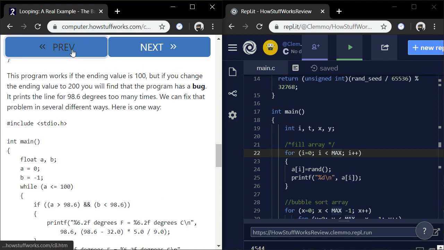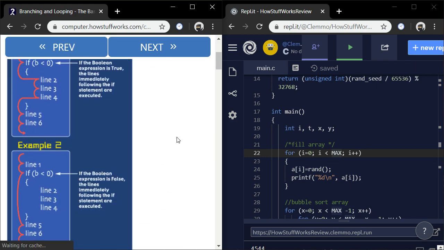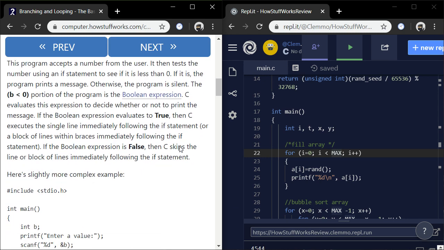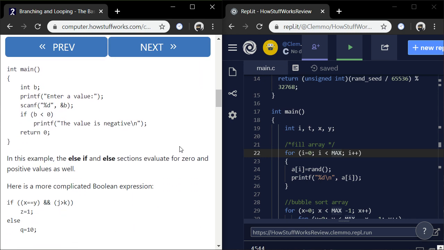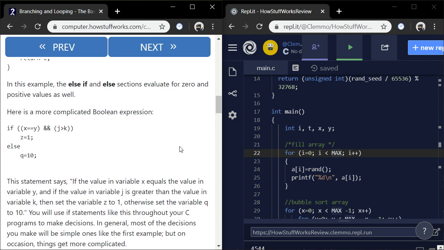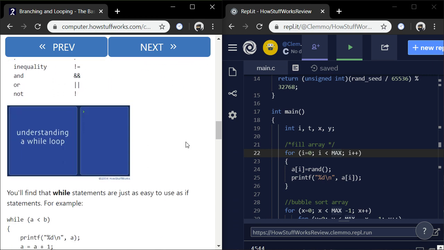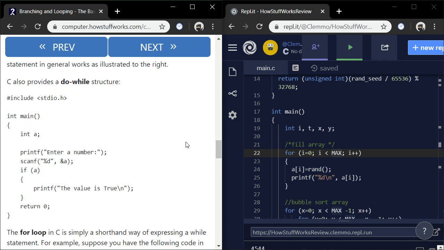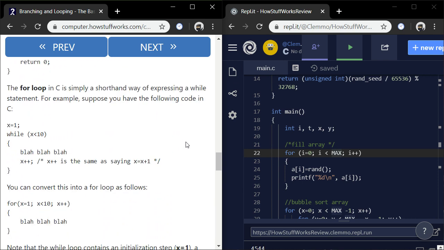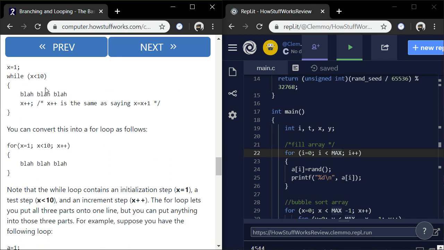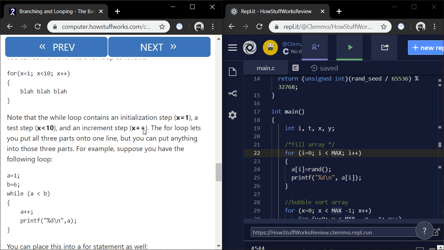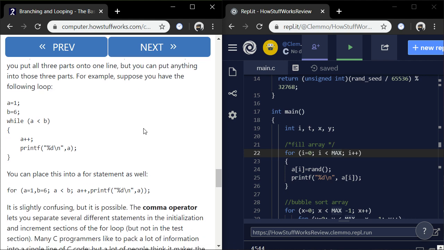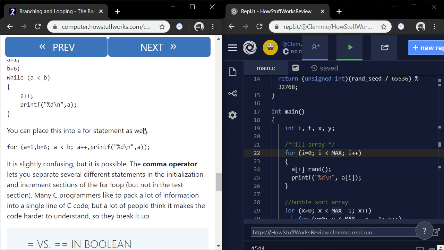Maybe it wasn't this lesson, maybe it was the previous one. I don't remember exactly. And if I can't find it, I'm not going to waste everybody's time by spending the rest of the lesson hunting for it. Blah, blah. Same as saying, yeah. Blah, blah. There, this is it here. This is it right here. I found it.